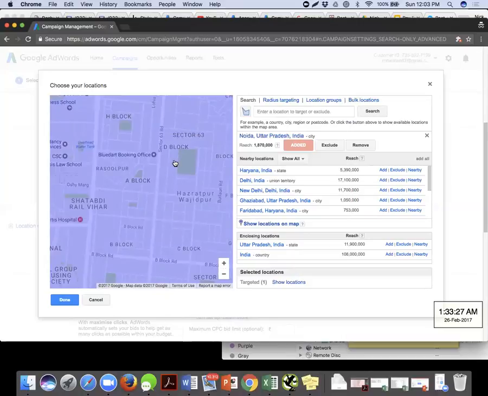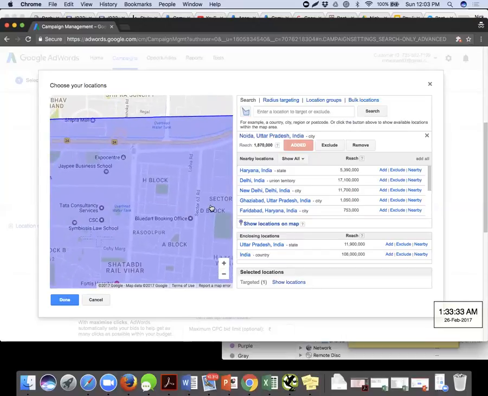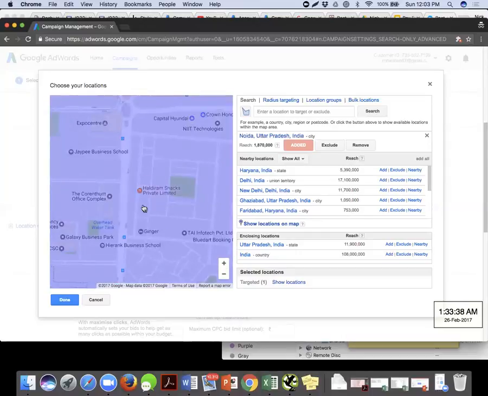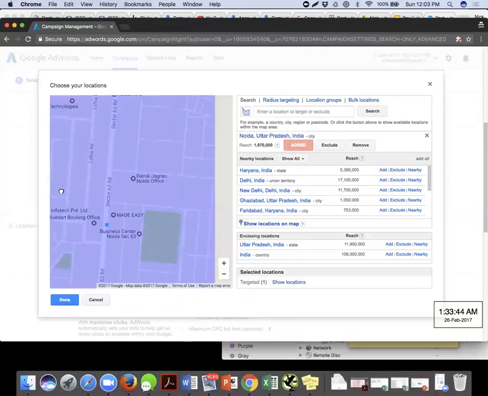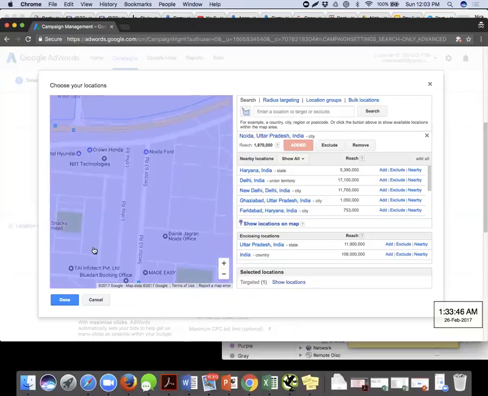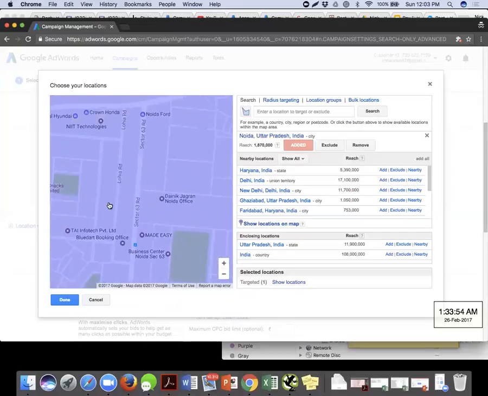This is D block, and we have to find E block, right? Should I zoom more? I think so. I'm bad with the places around. Panic office. Shall we make it quick and take any of those places as a central point? I think you guys have understood the concept. We can go ahead and zoom in, and once we have found the place where our location is, let's say I am NIT Tech, Noida Port.